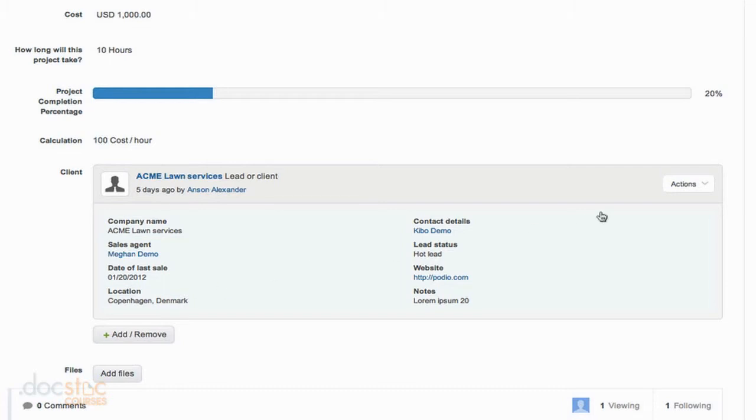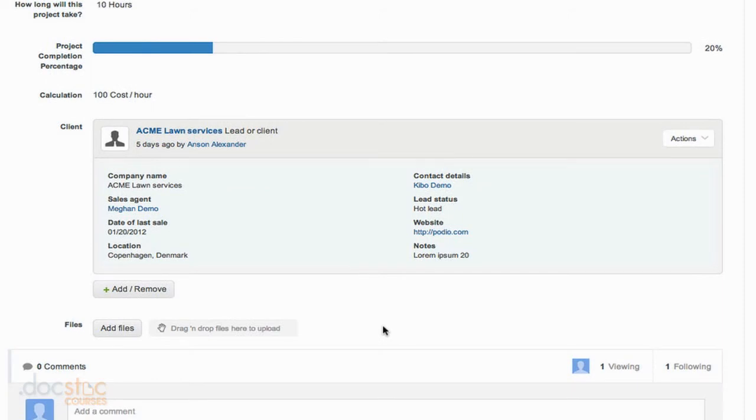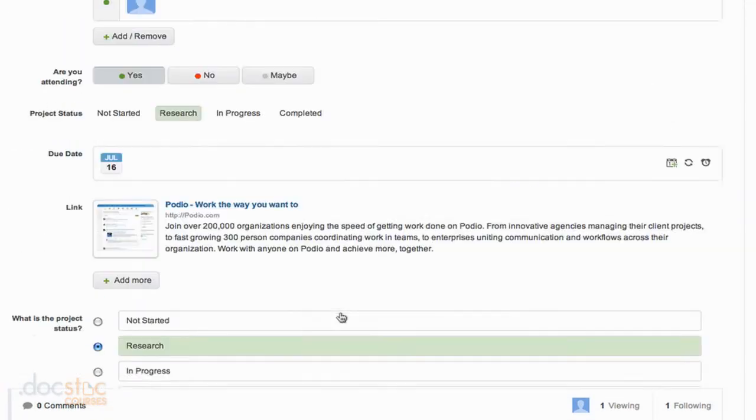So then I could go over here to the Actions menu, and I could say I want to go directly and view this lead. I'm not going to right now. I want to view this particular app item in the default view when we're looking at all the items within an app. But before I do that, I want to scroll up here just to show you at the top,